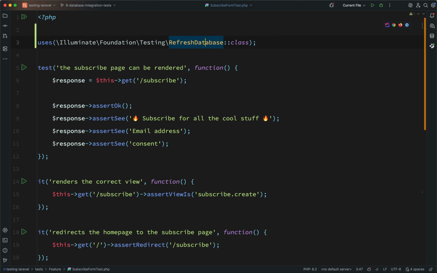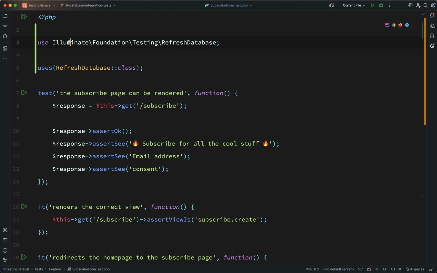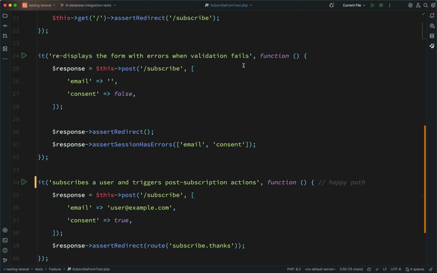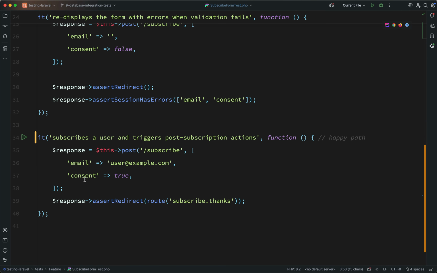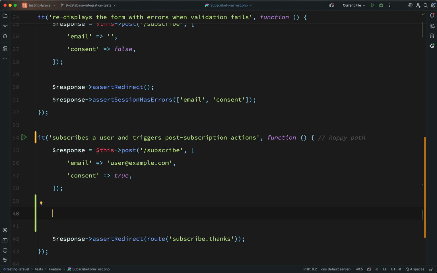In fact, I'll just do a quick import on this here. So what you want is Illuminate Foundation Testing RefreshDatabase. And it's just a PHP trait like any other PHP trait which you can use in any class. So down here, two tests. Let's do the happy path one first. And so what we want to do is just assert that the database has a particular record. So we shall say this